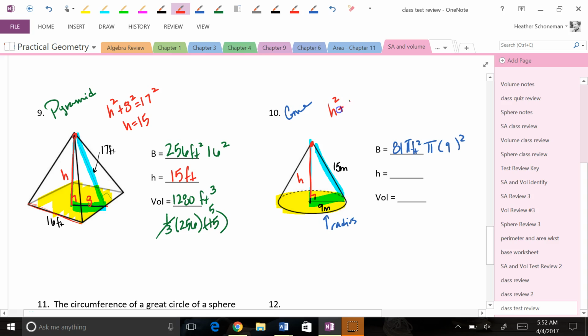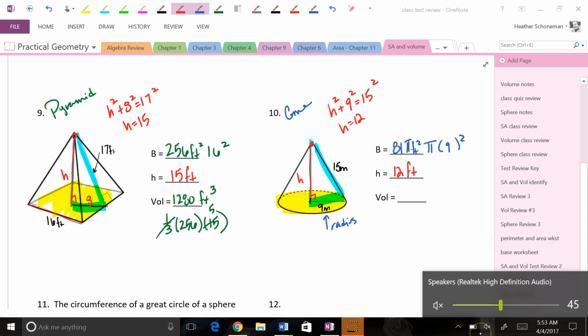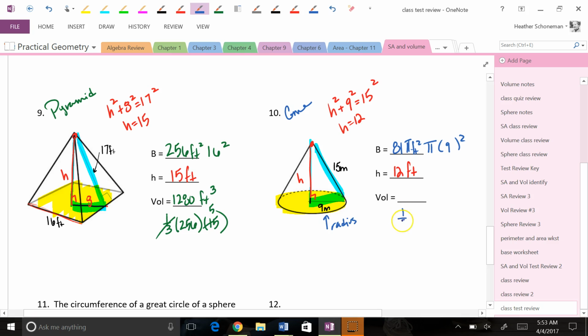So we have h squared plus 9 squared equals 15 squared. So if you calculate that, the height comes out to be 12 feet. So your volume, pyramids and cones go together. They have one base. So the volume is going to be 1/3 the base times the height. So when we multiply that, we get 324 pi